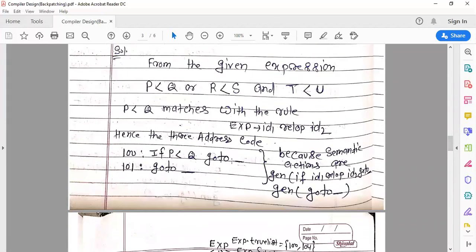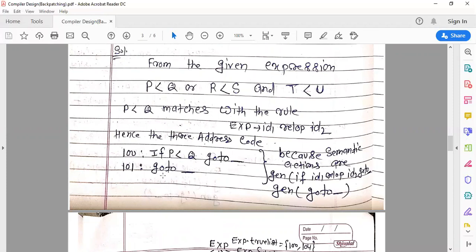This is the true statement. If p less than q is true, then goto, and this is the label. If this condition is true, then control transfers to this label. The address for this instruction is 100, so we can say this is the true address.